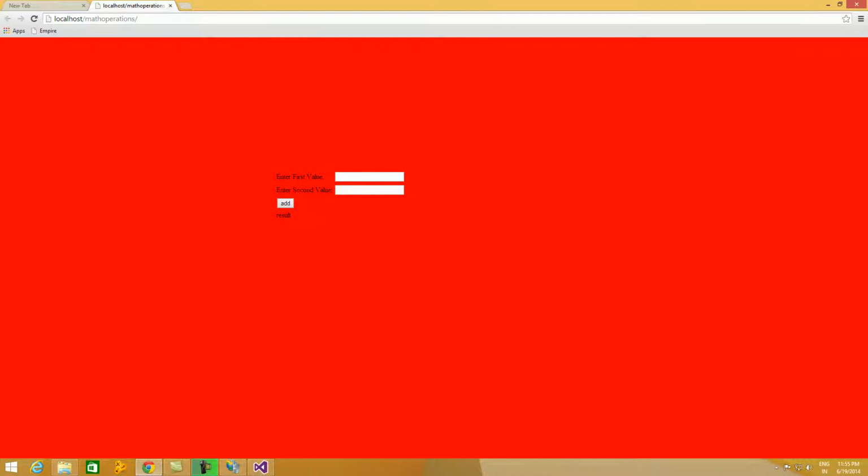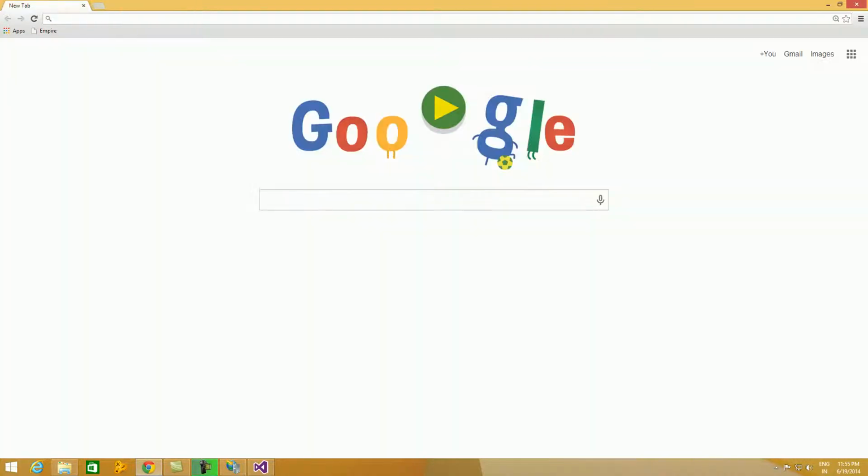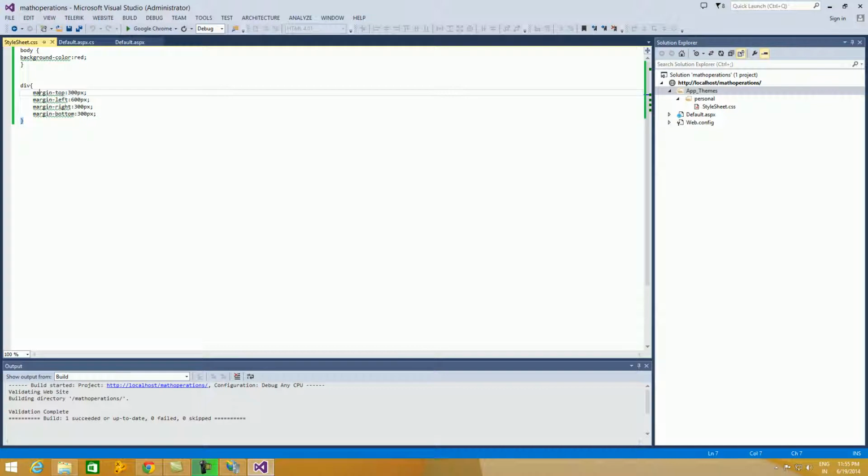Now let us give a border to this web page, to this content. So for that we have to give a border to the div tag. So to give a border, there is a separate tag for Mozilla. I'll give a 10 pixels border for the Mozilla Internet browser, and this is another tag for a different browser.